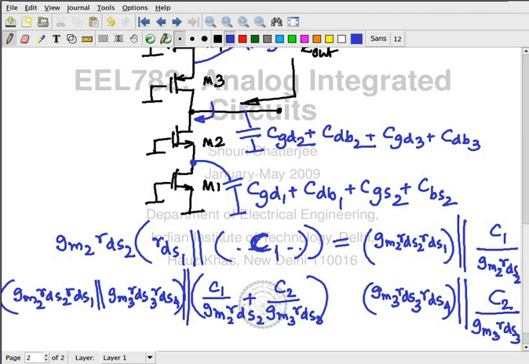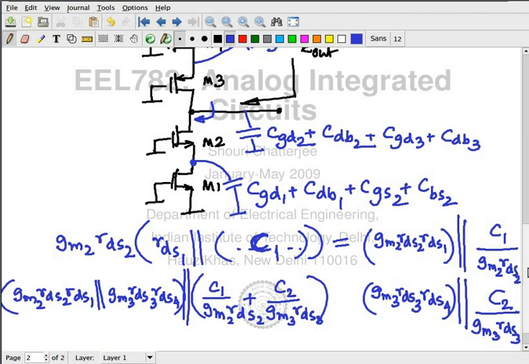We'll add it to this. You add it to this. I didn't take it because of lack of space, and you have to do it. Okay? So when there are numbers involved, you'll have to do the computations. If you know the values of CGS, etc., then you will do the computations, find out the exact locations of the poles of the whole system. Right? That's going to be an exam problem. So I'm not going to do it now.